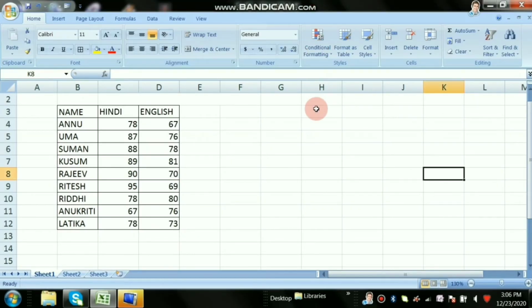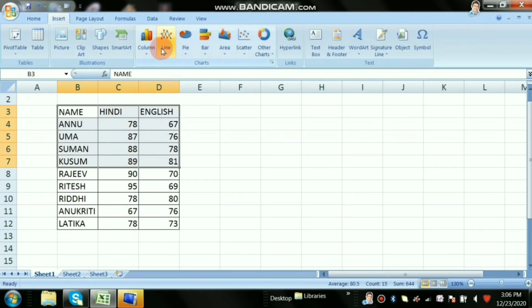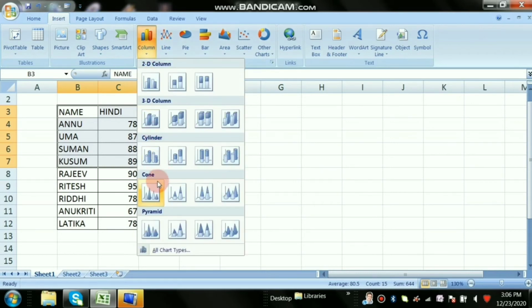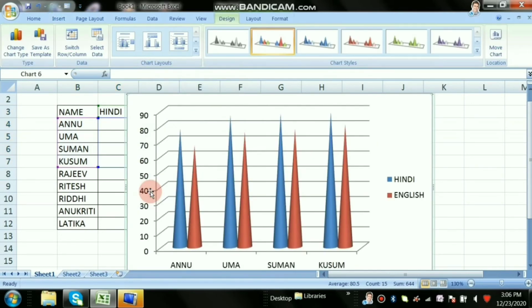You can also display a few students' chart. I am selecting 4 students, and after that inserting a column chart. This time I am using cone, and see, only 4 students' data is displayed here in the form of a chart.